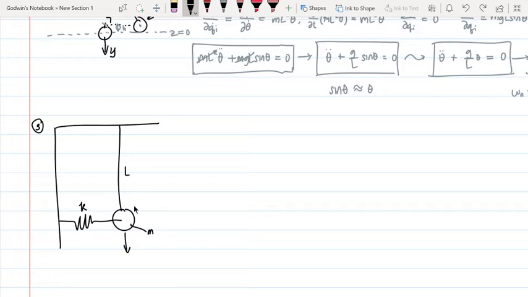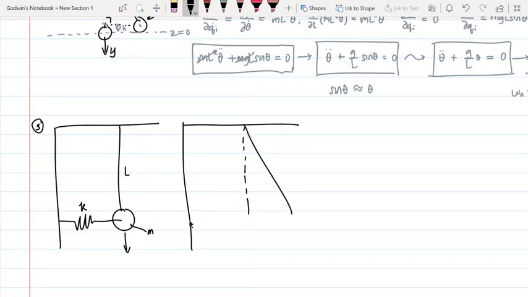So let's just play with this in our minds. If we drag this up, that's my hand. If we drag that up here, we're going to see that